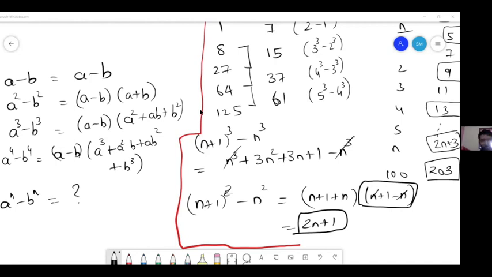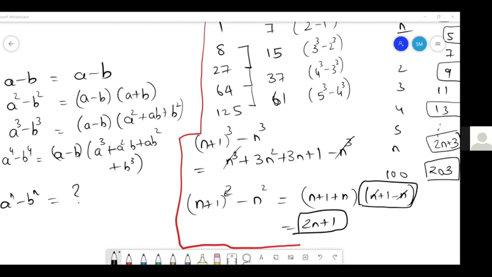AB का होना चाहिए ना AB. a cube, a square, a, हाँ माइनस साइन कहीं होगी क्या? No, no, no. There should be some more terms. I'm just trying to find a pattern for that. So very nice, very nice. There is some more number that should be there. No, there won't be any number.